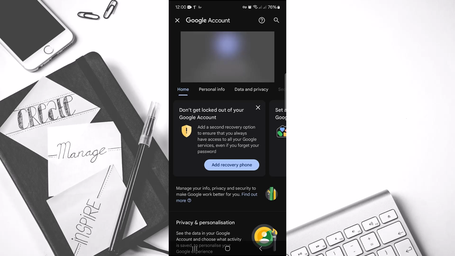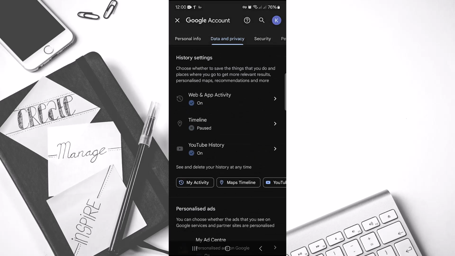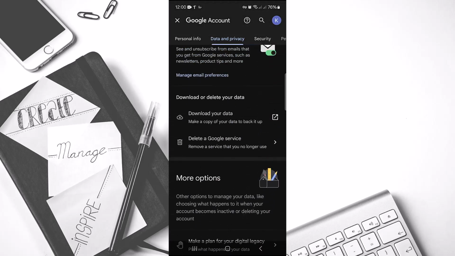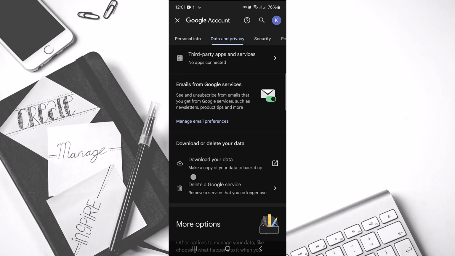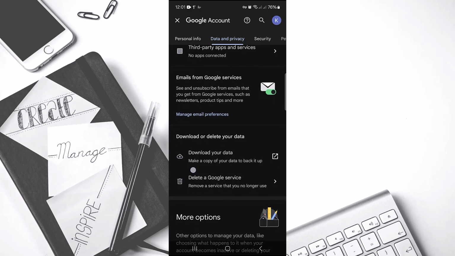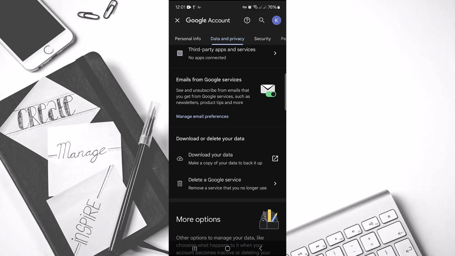There goes the details. Now go to data and privacy and scroll down until you see an option delete a Google service. Sometimes people get confused right here that they think that by deleting a Google service, your Google account is deleted, but no. It just deletes the specific Google service, like your account on YouTube or Play Store or any other application. So as we want to delete our whole Google account, just scroll a little bit down and